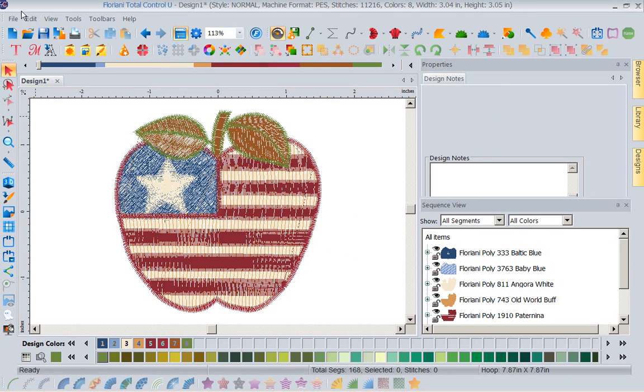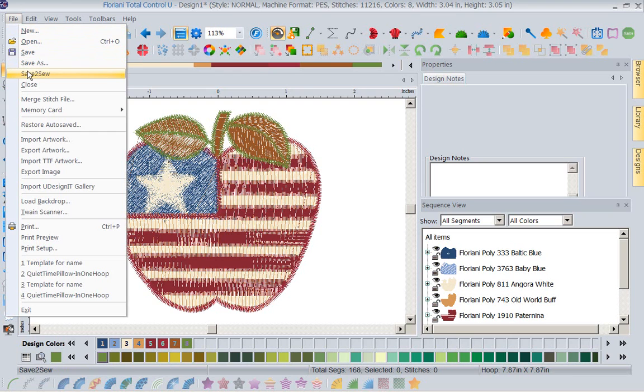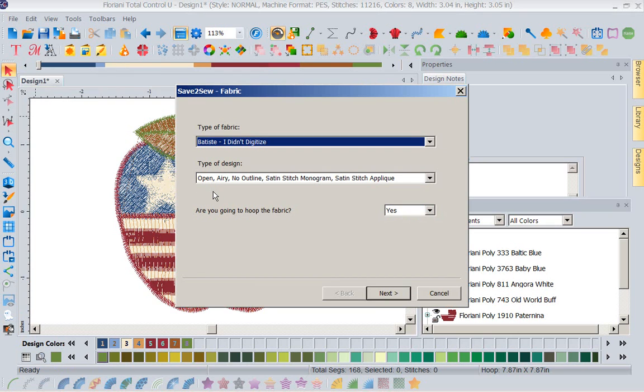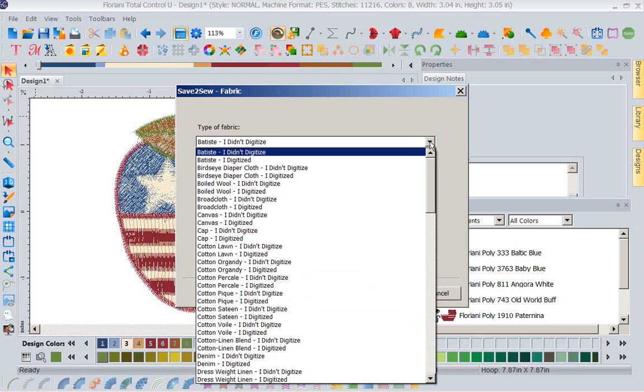Now, let's go File, Save2Sew, because this could only be digitized for one thing. Now, with our digitizers, such as Steve Wilson, fantastic digitizer, they try to kind of digitize so it'll work on a knit, you know, and if it'll work on a knit, it's going to stitch stably on your cottons, your linens, any woven fabric, because knits require more skill to digitize, because you've got a lot more push and pull. So if we come in here and say, okay, I'm going to put this on